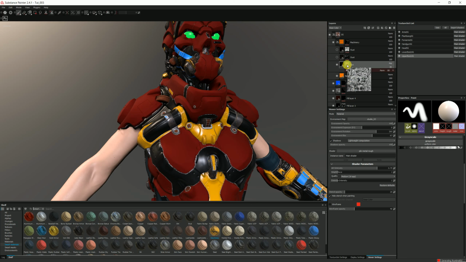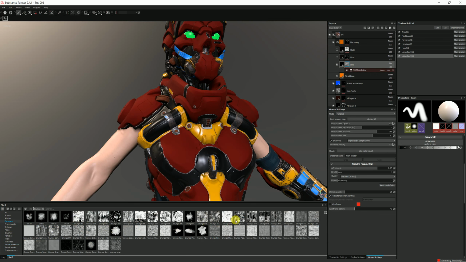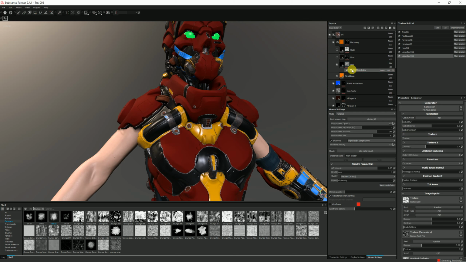And the dirt, I think it's a grunge. Where is it? Dirt. It's one of these that's been used. It looks like it's a mixture actually. Let's have a look. It's a stencil grey. There it is, that's the alpha that's been used. So it's dirt 3. Okay, so they've created, and then they've used what's called this MG mask editor, which allows